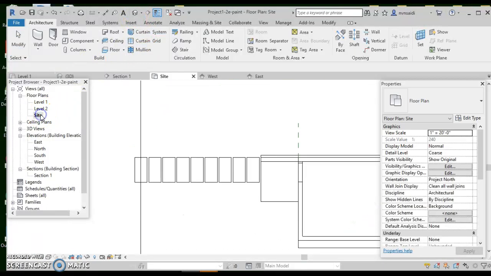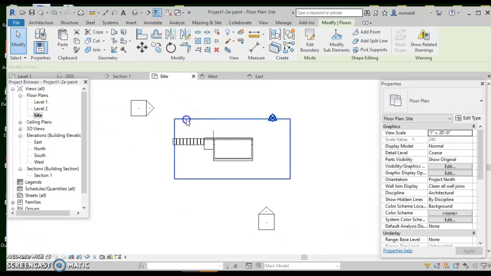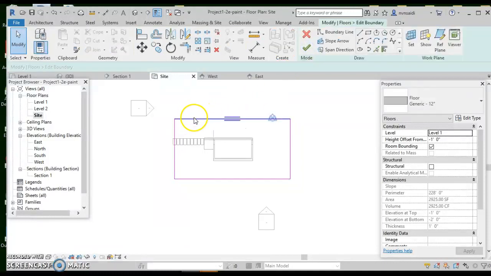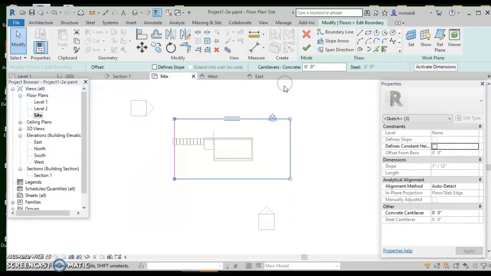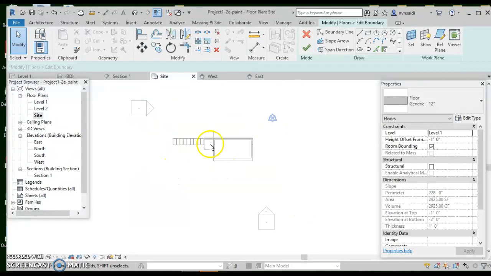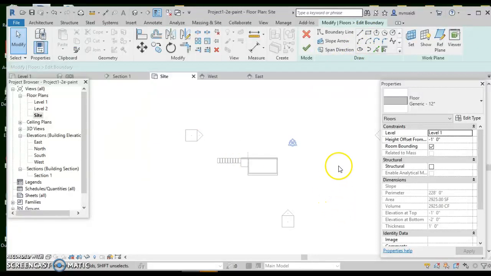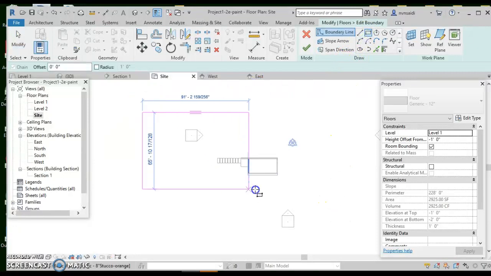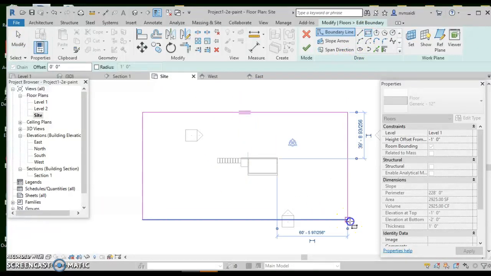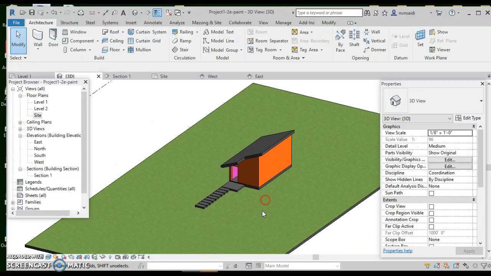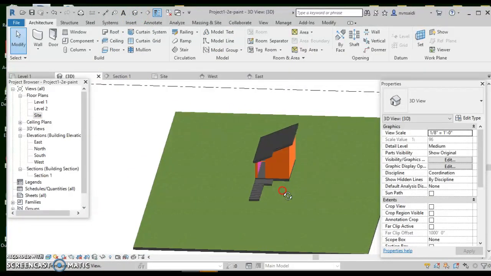to the site plan, and I can easily change that, edit boundary, and I'm going to just erase all of that, erase this, and create a new boundary, nice and big, so it covers a great deal. All right, so draw a rectangle, nice and big. There you go, and same composition, and I'm good. Looking at it in 3D, it just covers a whole lot more, so I can see my building